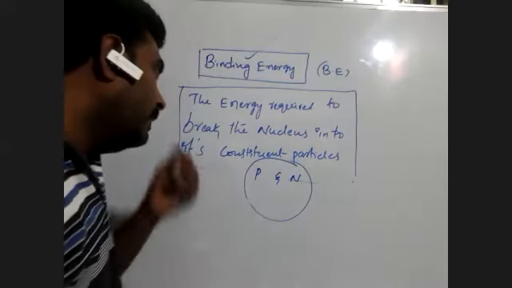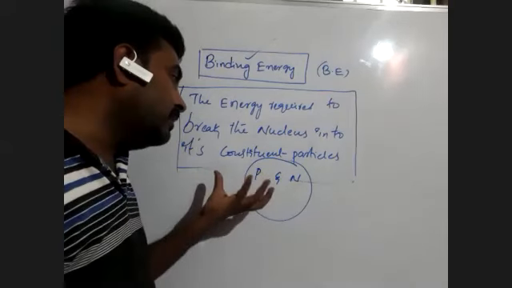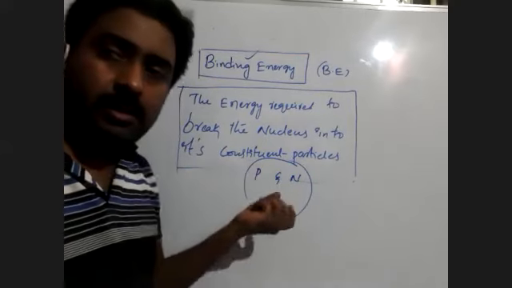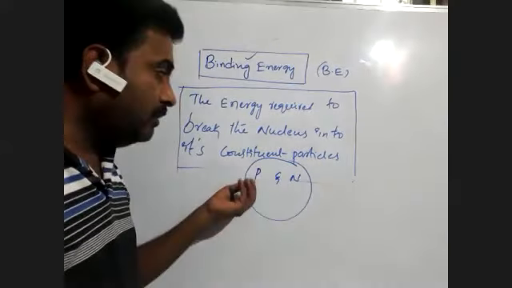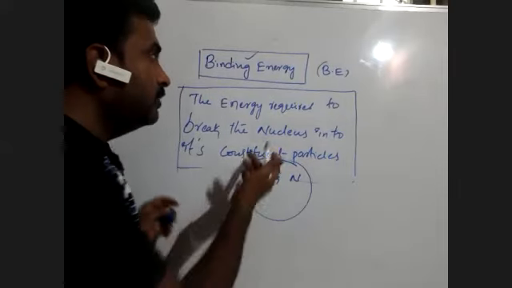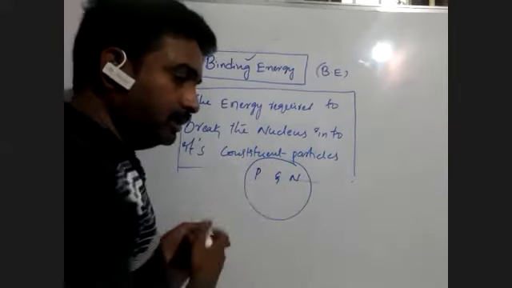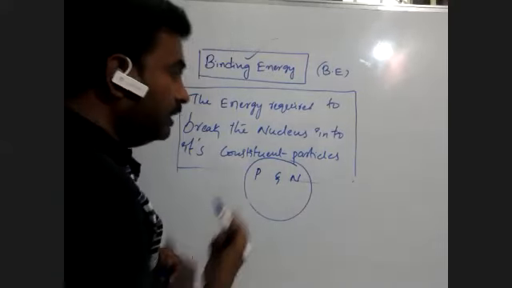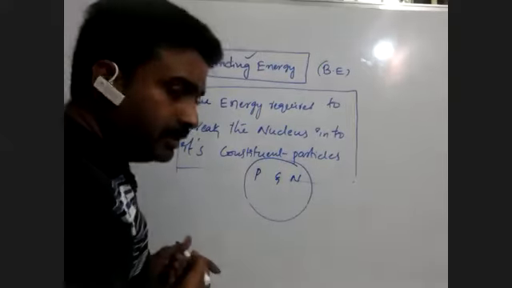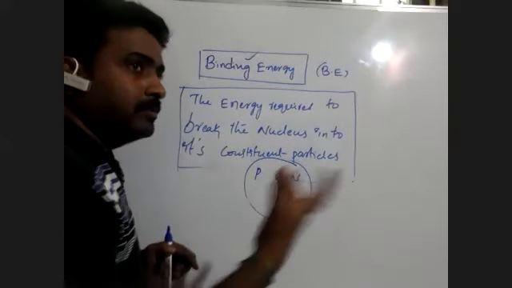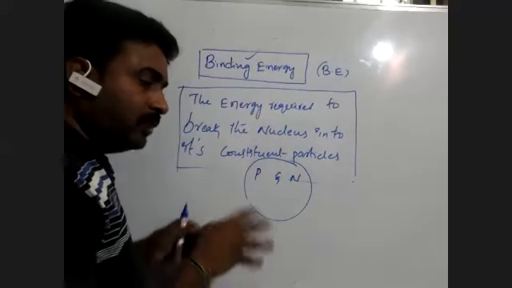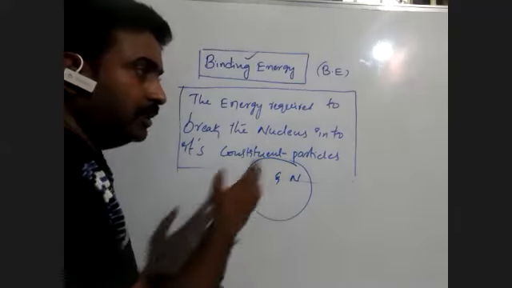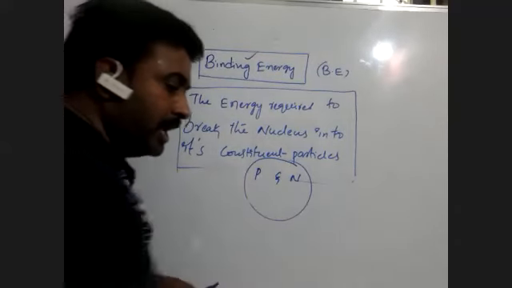So here, binding energy is nothing but the energy required to hold all the nucleons together within the nucleus. That also we can treat as a definition. Binding energy is nothing but the energy required to hold all the nucleons together within the nucleus. Then from where is this energy coming? In the earlier topic, we got mass defect. Whatever the defect is, it is the difference between the actual and calculated mass, that is, the total mass of the nucleons and the actual mass of the nucleus.